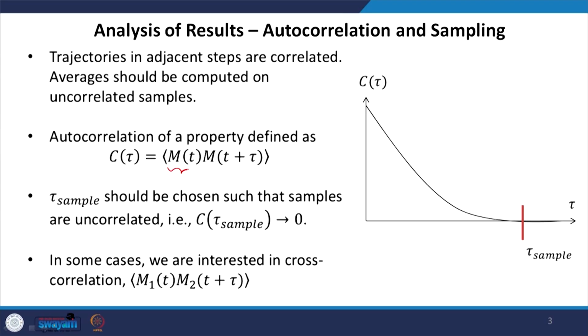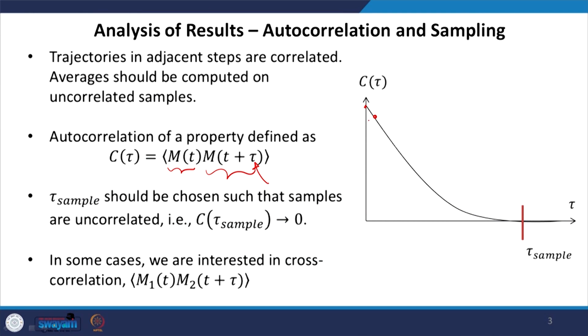If I compute properties for the previous frame and the new frame, you will find there is some degree of correlation. And to find how the correlation changes between two frames, we can define a quantity called autocorrelation, that is defined in this particular way. That is, I find a property at time t and I find a property at time t plus tau. Now, for the same value of tau, I can do it for different values of t and compute the average, so that we get a function c of tau that essentially tells me the time after which the correlation has this particular value.